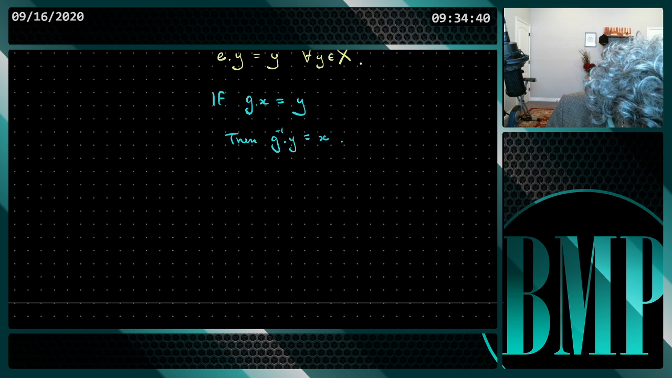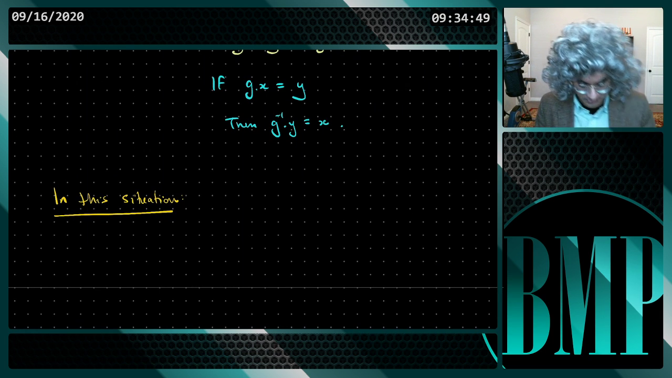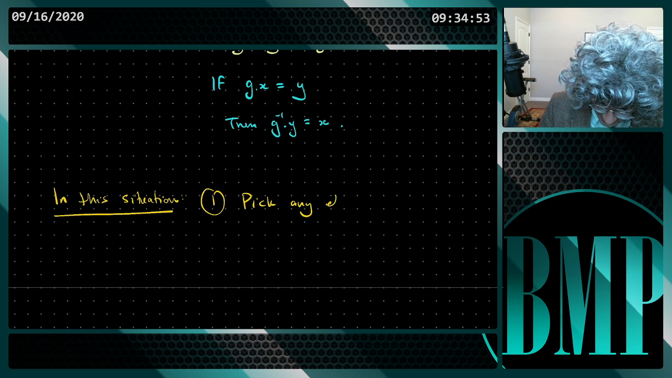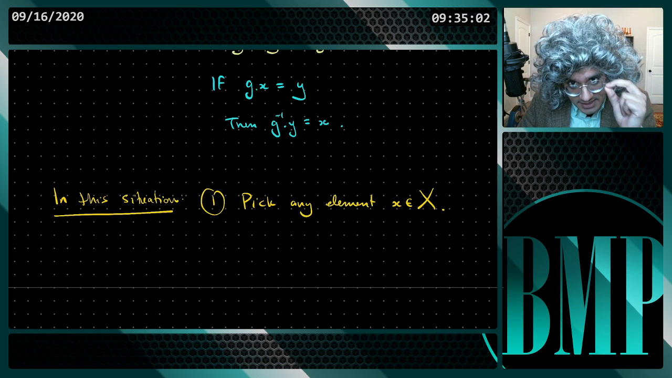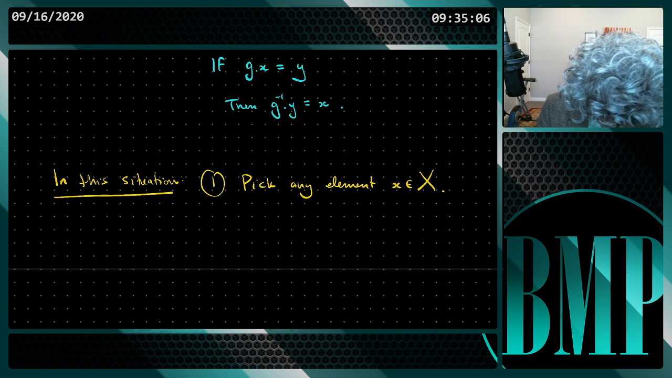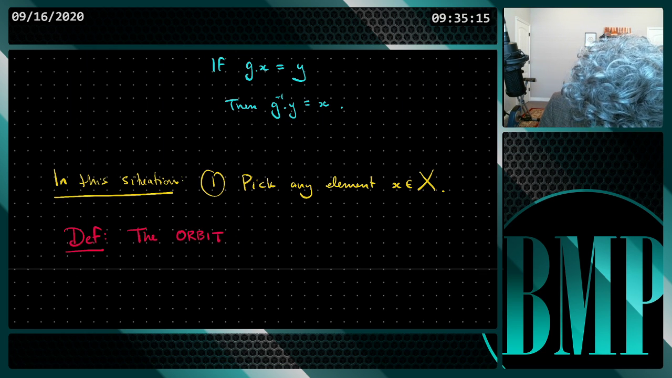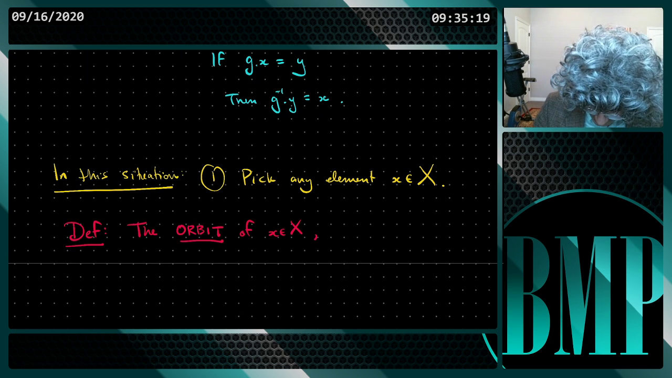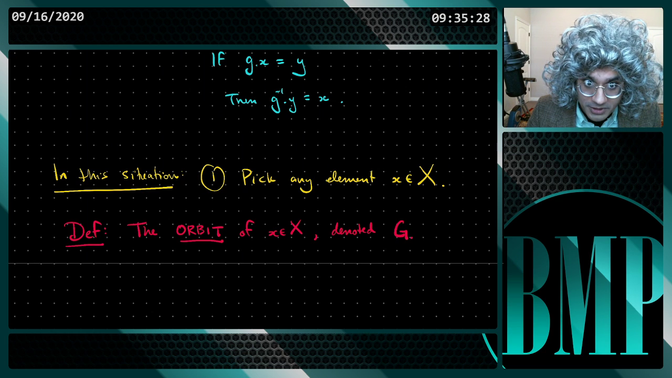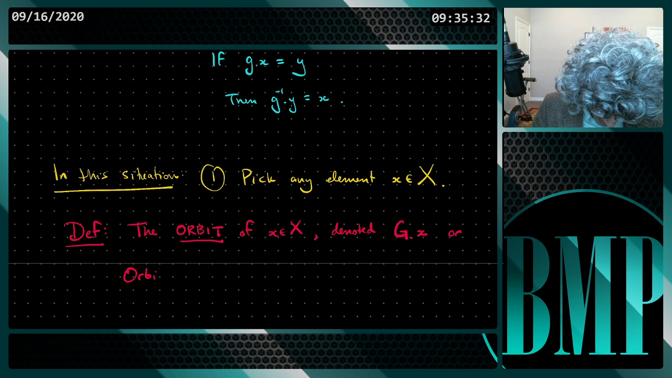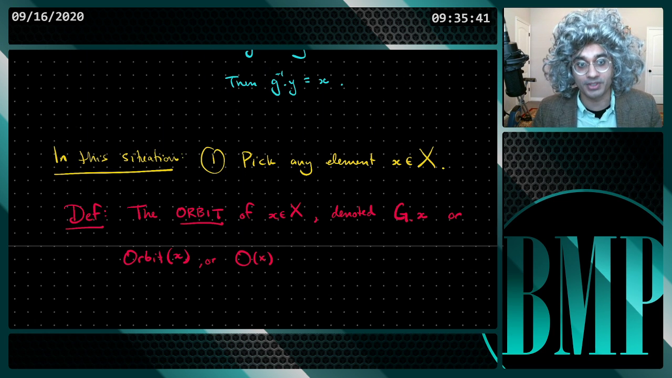Okay, so in this situation you get the following definitions. Pick any element x. Notice how you have to start: given a single element in the set, now you get these two notions. Definition. The orbit of the element x, denoted in various ways. Some people will write the whole group dot x, or simply orbit of x, or O of x. Many different ways that people will denote the concept of the orbit of a point